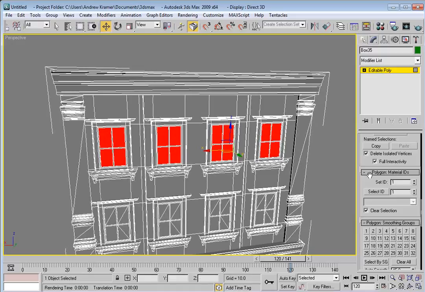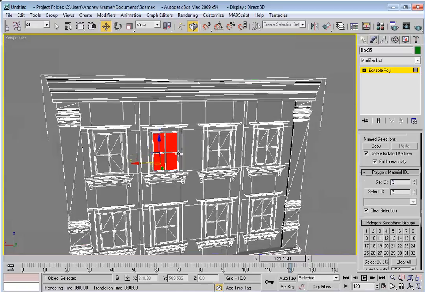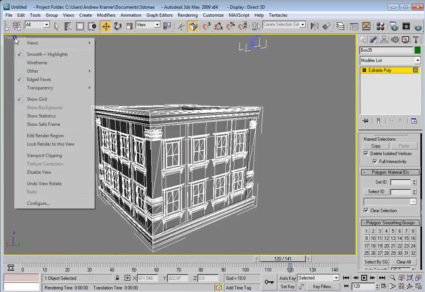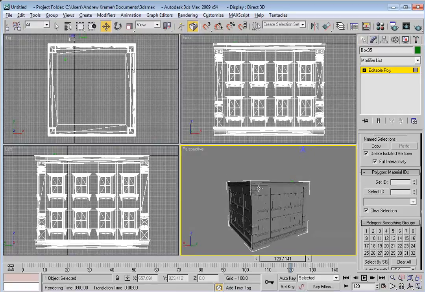And we'll set the ID to 2. You want to go ahead and do it for all of the windows. Now, the other thing we can do is select one window randomly and set the ID to 3. What that's going to allow us to do is create a window that's illuminated as if somebody's in there. So now that we've done that, we'll go out of the edged faces, Alt-W here, and then